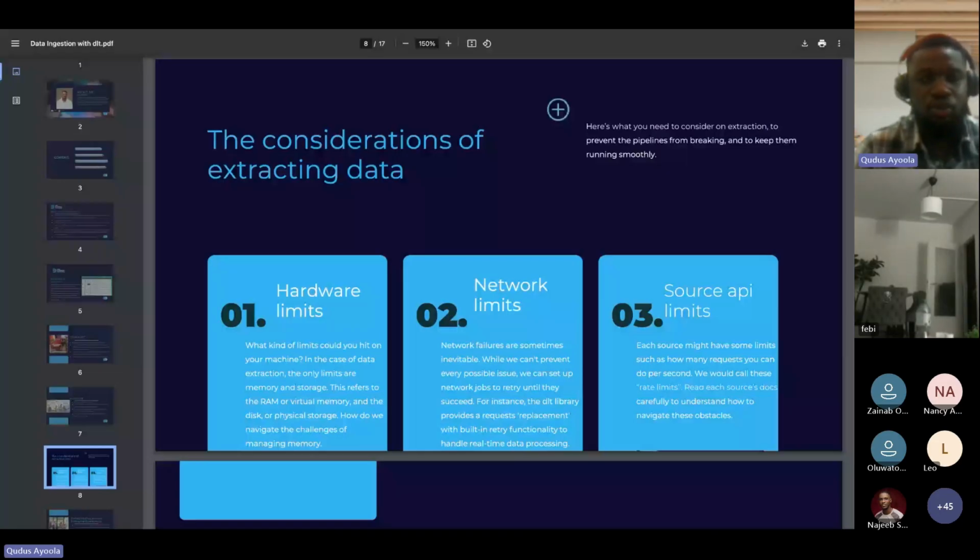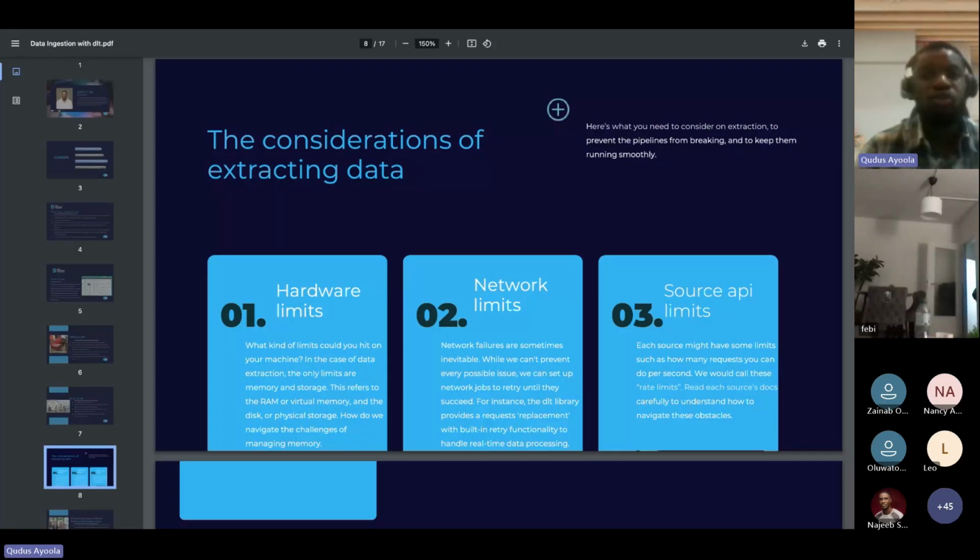Data can limit you in the sense that when the data is too large, you might run into memory limits. You might run into a storage error because it's too large. Then this memory we are talking about are usually your RAM, your virtual memory, your disk or physical storage. So how do you navigate through this challenge of managing memory?